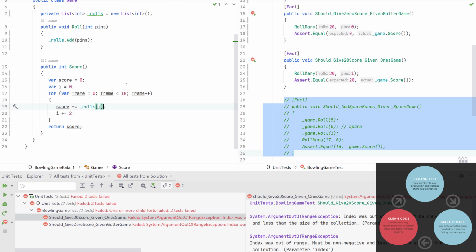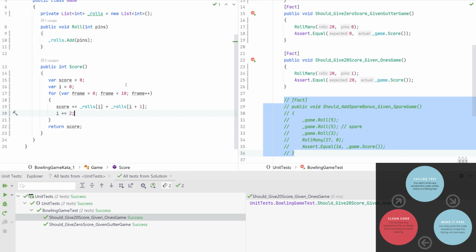And we want to do like this. So now we loop the frames. We have two rolls in each frame. So we're going to add both the scores for each roll, and then we're going to move forward by 2 to make sure that we go to the next frame. So if we run this test, we should have success again, which we do.